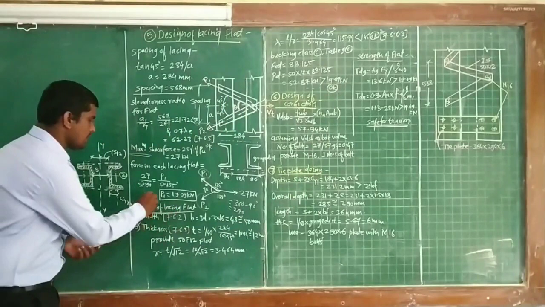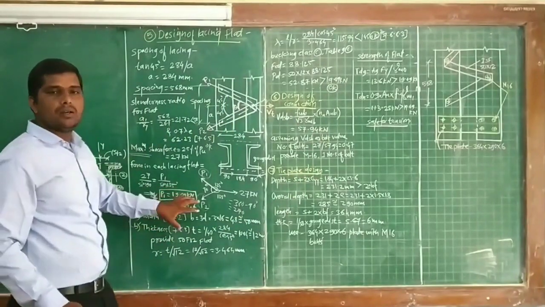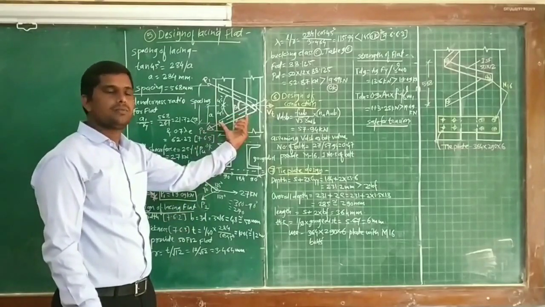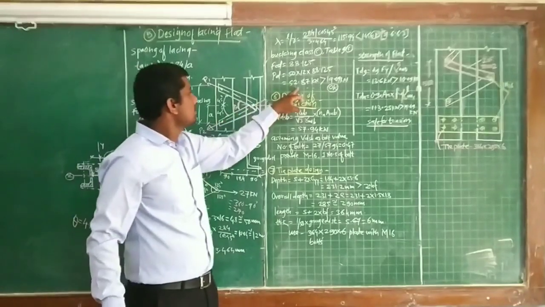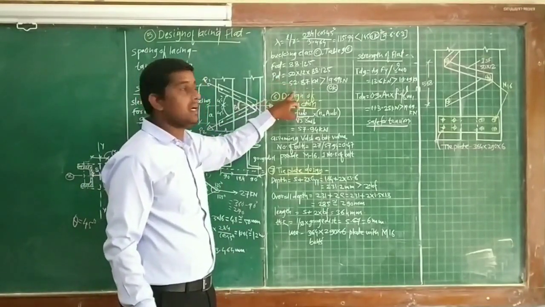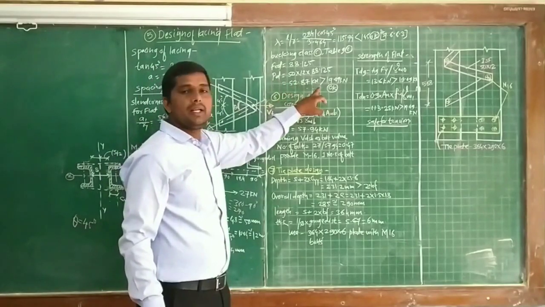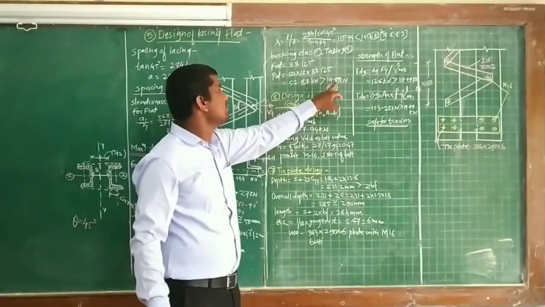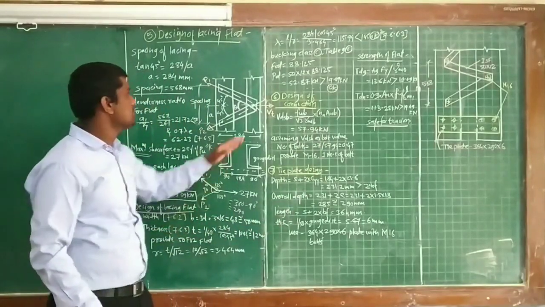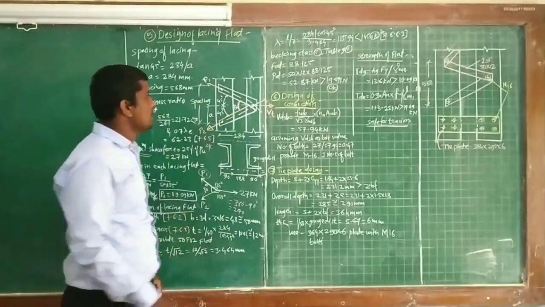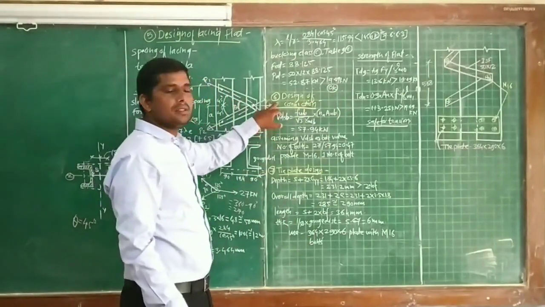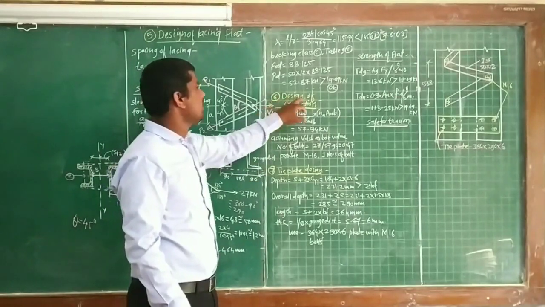So whatever we have found out, we are doing the activities related only to the design of lacing flat. So whatever value we have got for the design compressive strength for this lacing flat, 52.87 kN, which is greater than 90.09 kN, will be the axial compressive load for this particular lacing flat, and the answer is okay. Then coming to the next step, that is step number 6, design of connections.